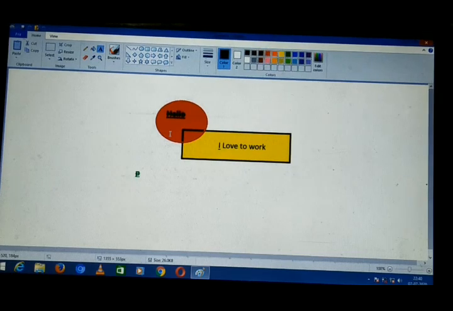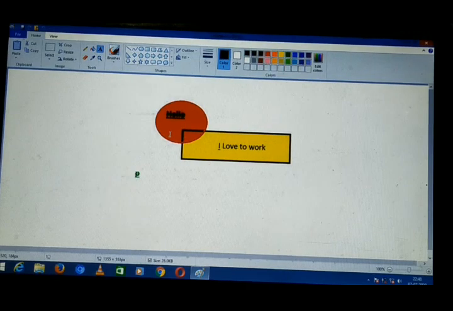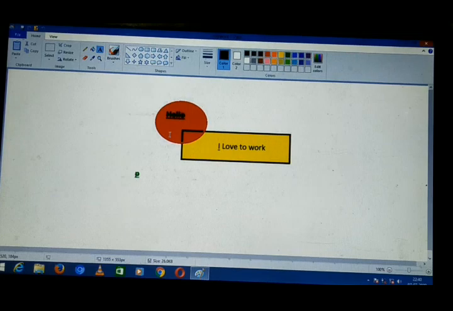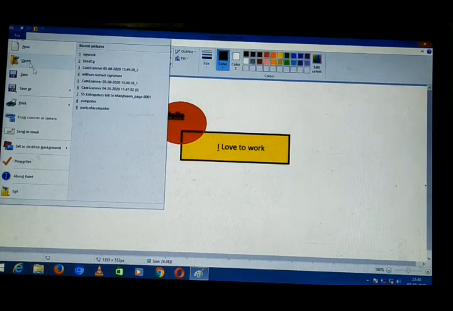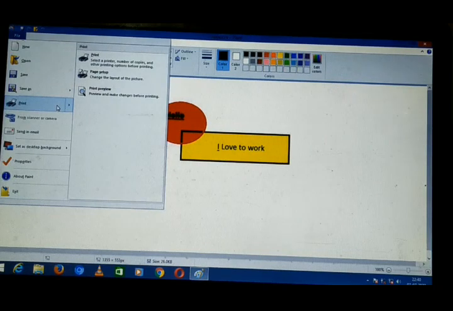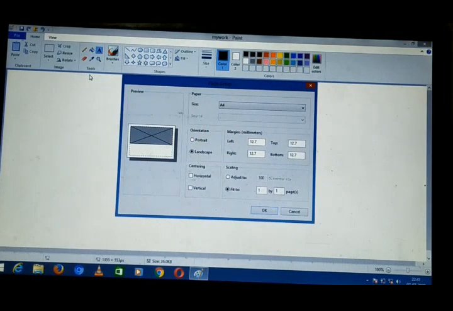Now the other option is how to print. For print, we can get various kinds of options. First of all, we go to the MS Paint main menu, the file menu, and then you see the Print option. Then I go to Page Setup, where you see how to print. So various options are there.